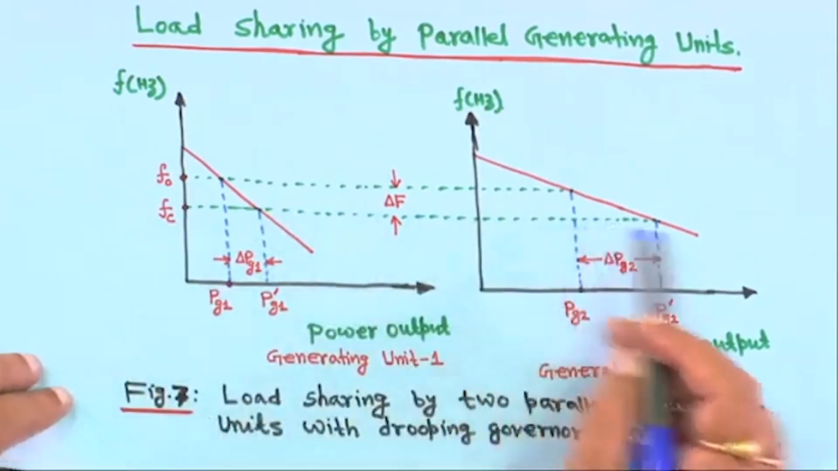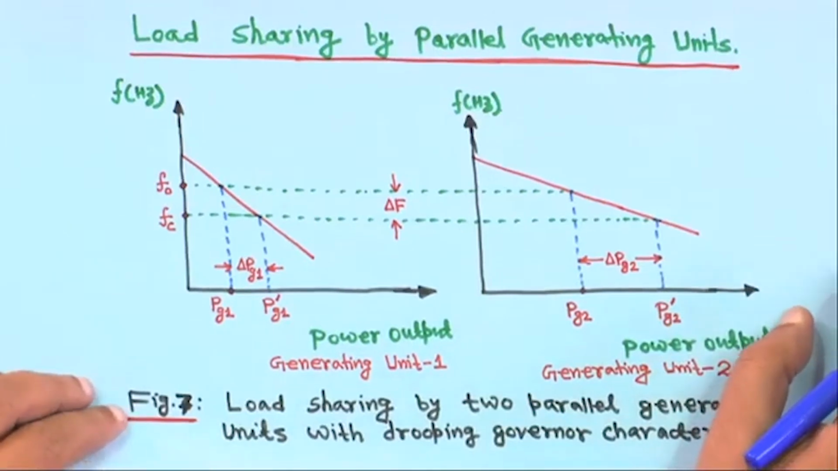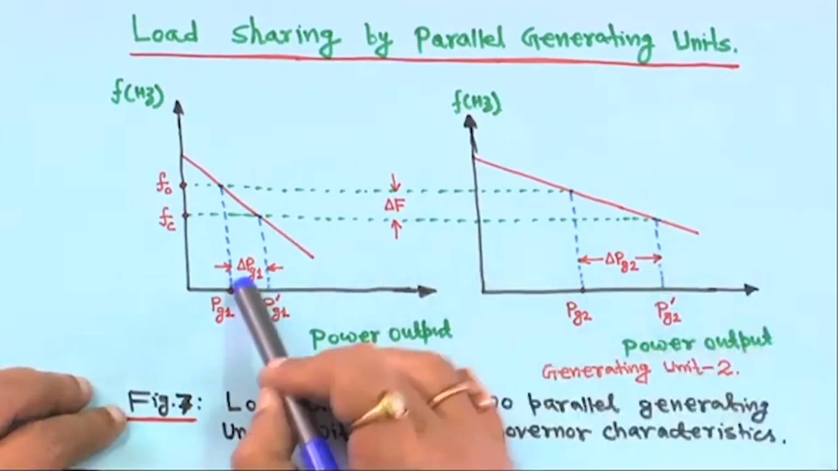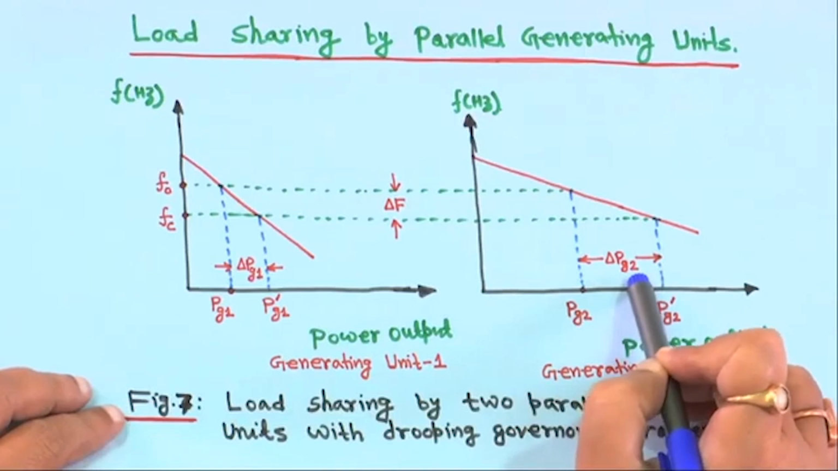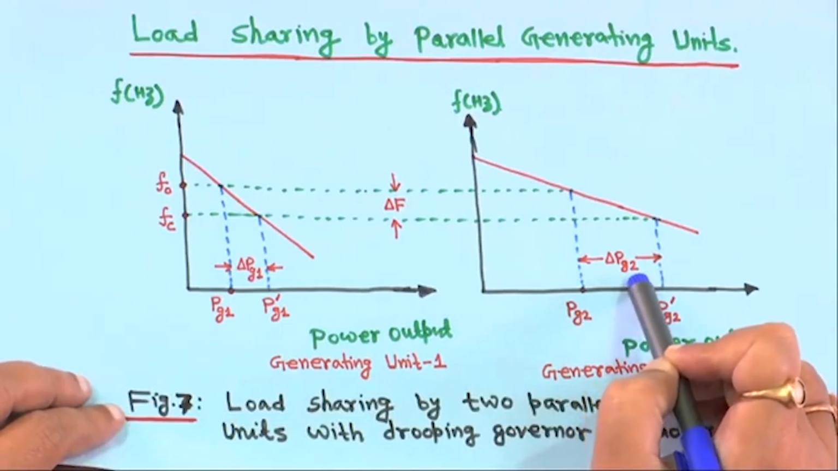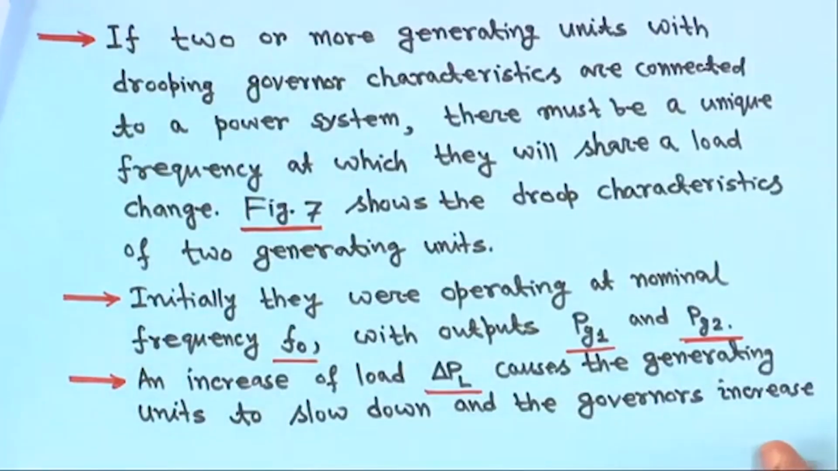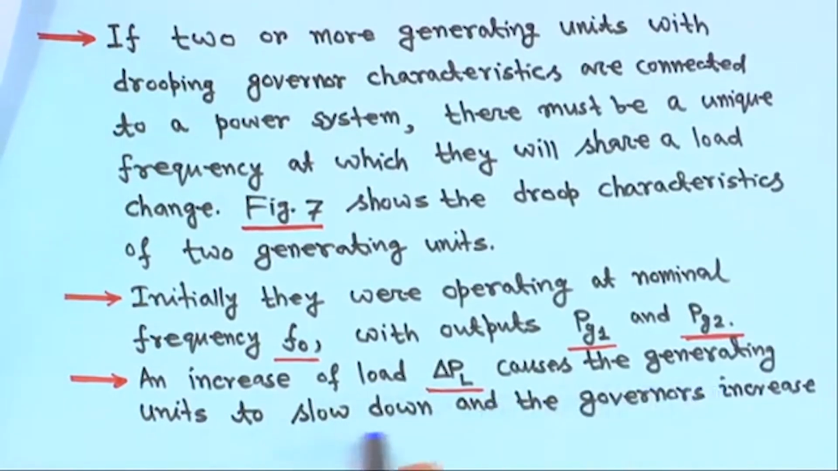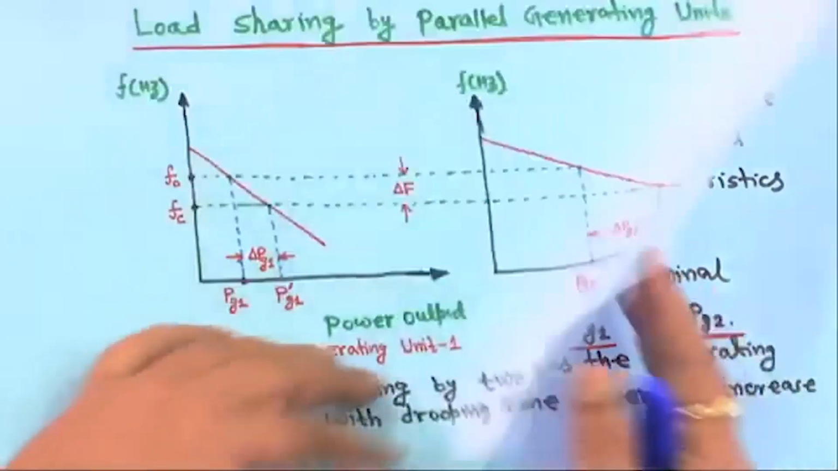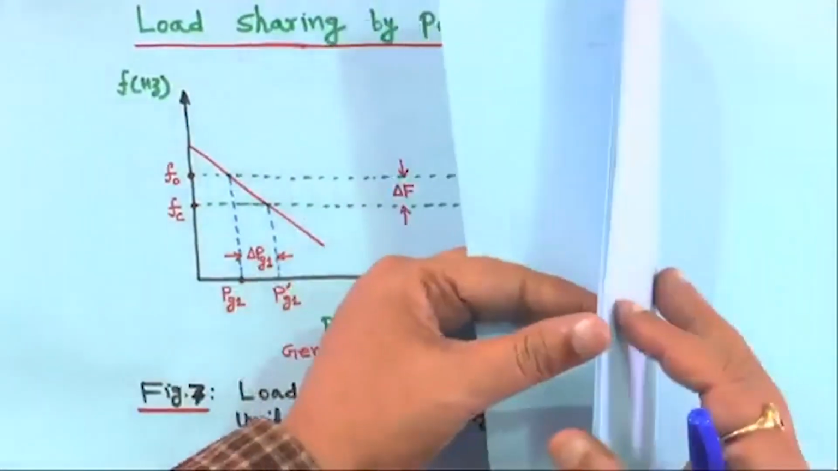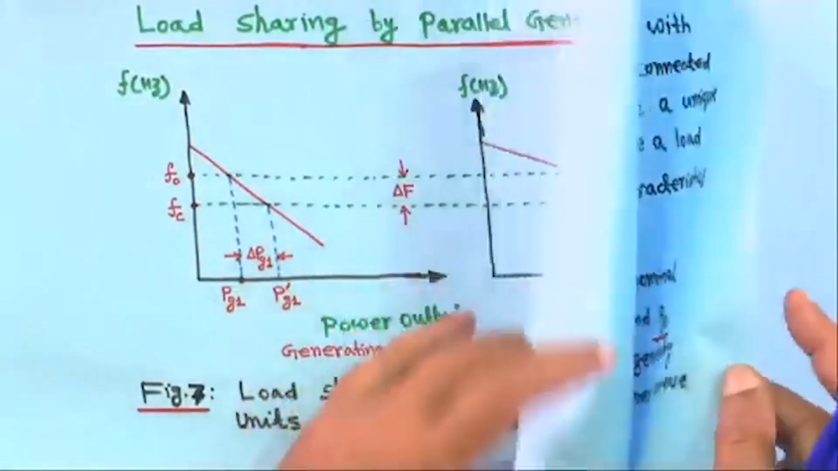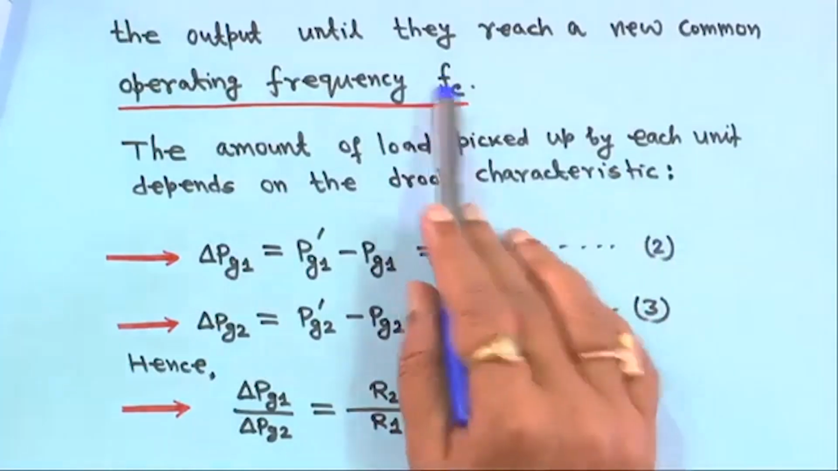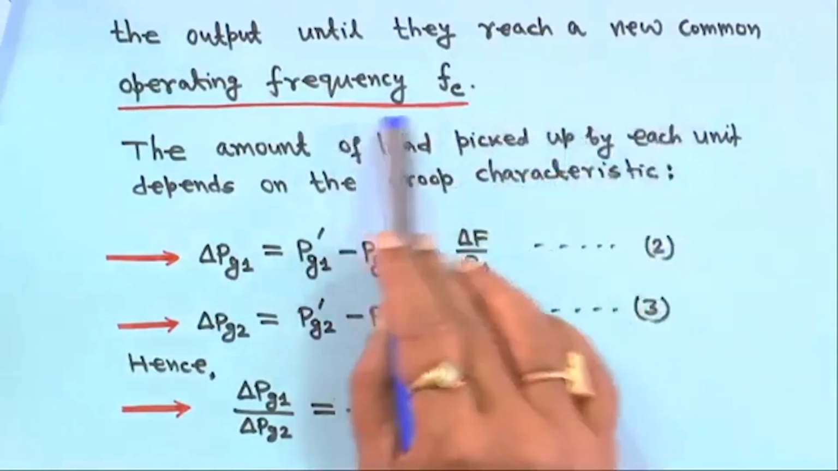So, there will be no tug of war between the generating units, but the power generation will be different for a certain sudden increase of the load. An increase in load delta PL causes the generating unit to slow down, and the governor increases the output until they reach a new common operating